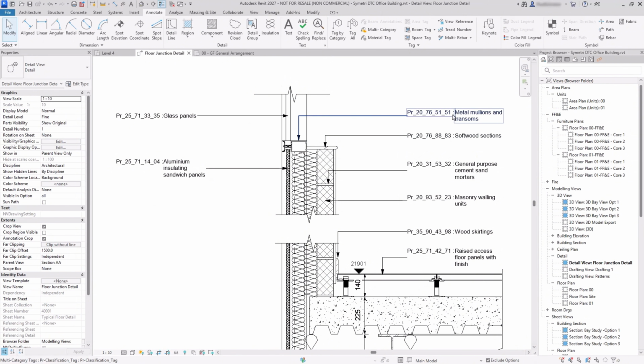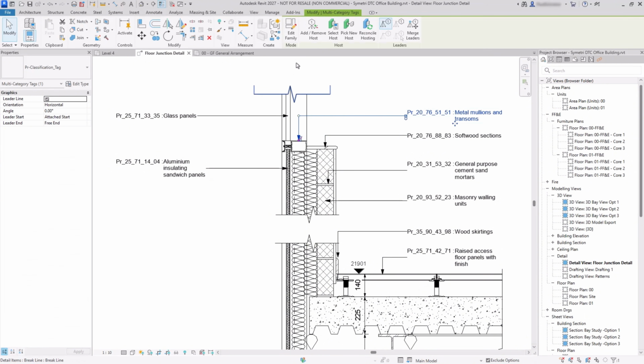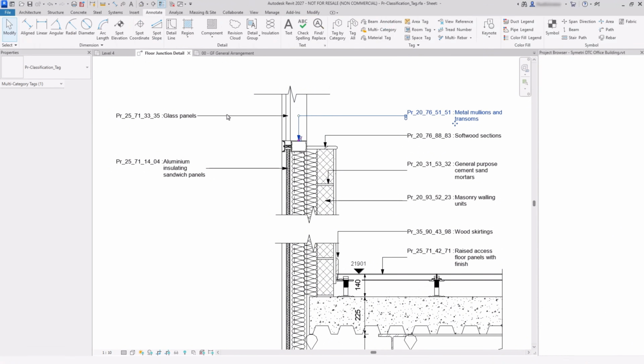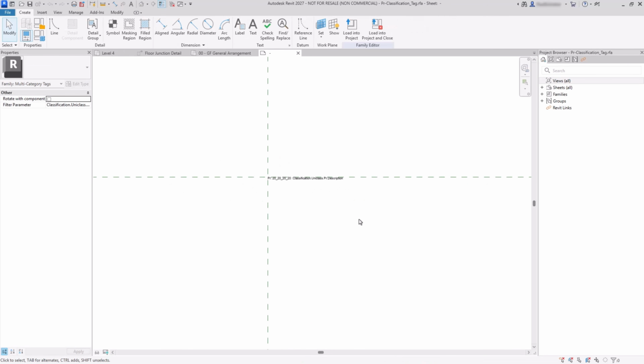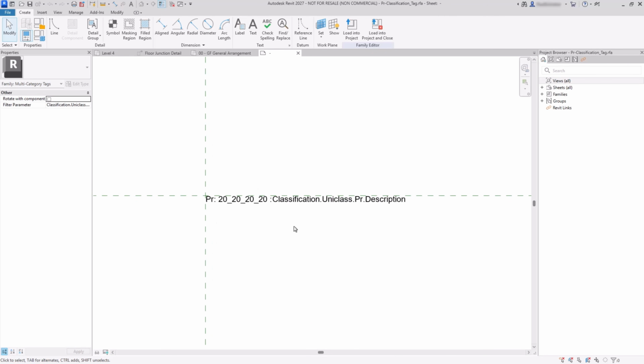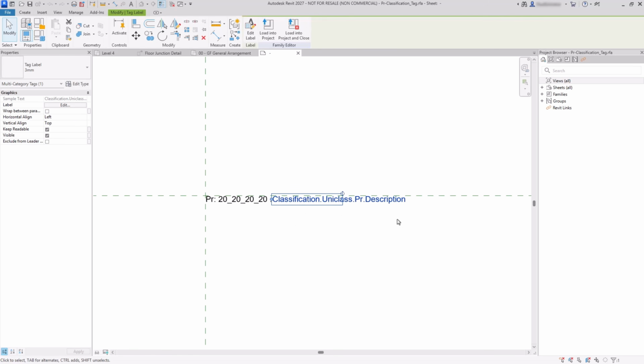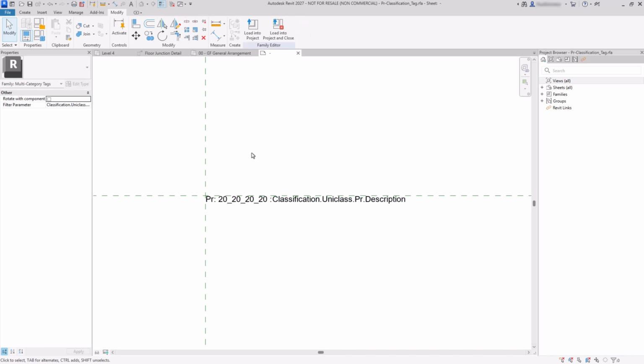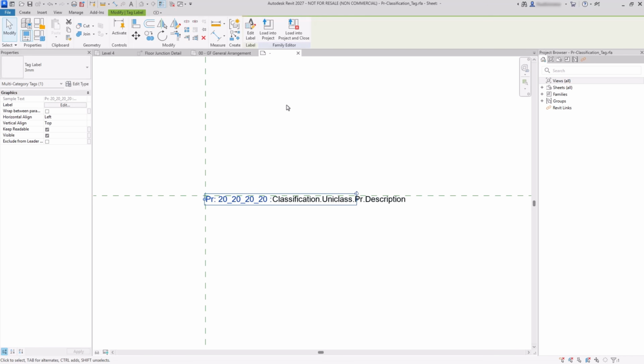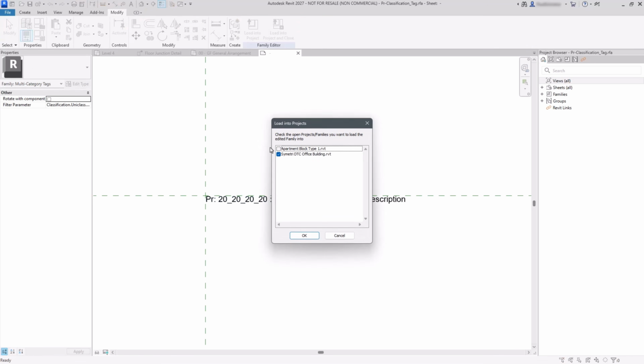So what we're able to do now is, if I select one of these tags and we edit the family, well, we can actually select the individual parts. So this second part of the tag here, the second label that makes up the multi-line part, we can actually exclude this from the leader outline. So just by ticking the box here, then this part of the tag will no longer be considered for the outline, and only this front part will be. So if I load that back in